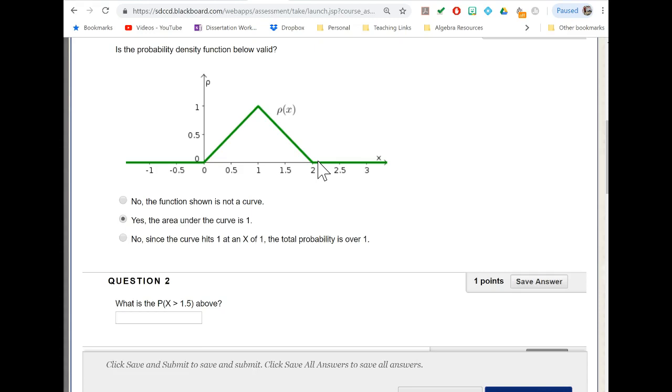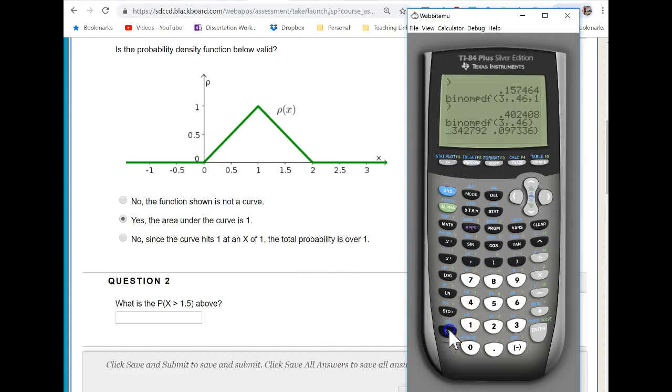The next question says, let's find the probability that x is greater than 1.5. In that case, we are looking for, I want to draw on it, from here and over. So we're trying to find the area of this little tiny triangle, which again is 1/2 base times height. So 1/2 is 0.5. And then the base of this thing is also 0.5, right? We're going from 1.5 to 2, which is 0.5. And then the height, well, also 0.5. Boom. So that is our probability,